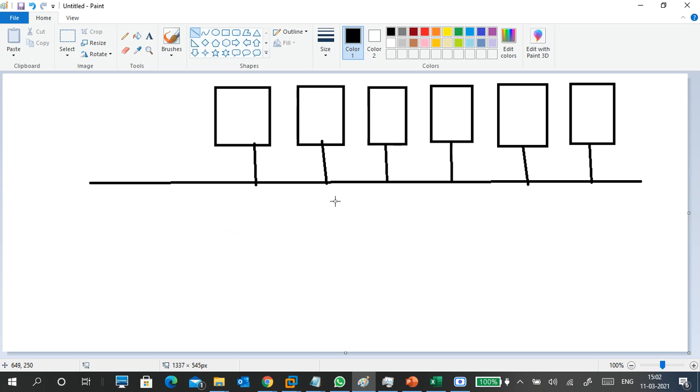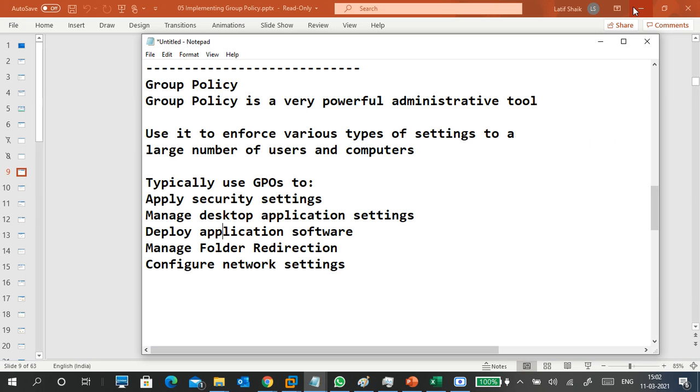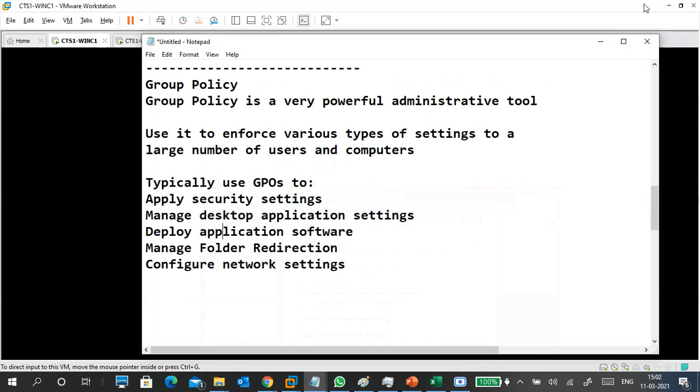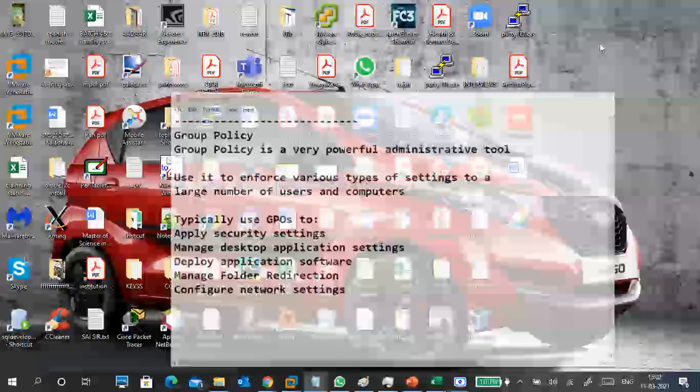So why is it a domain? We can control the user login, we can control the desktop environment. Sometimes people change the desktop background. Windows 10 or Windows 7 already has a default background, leave it like that. If it is your personal computer, you can change the desktop background. I put a car on my desktop, right?